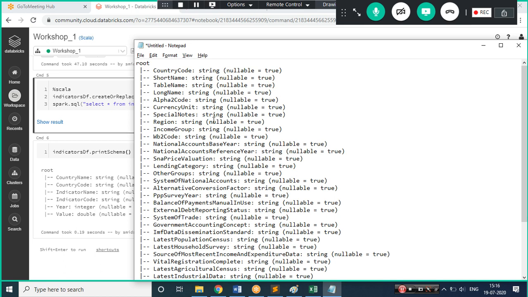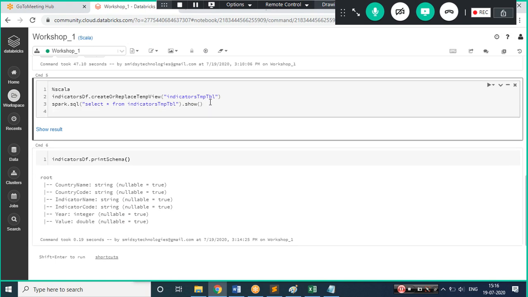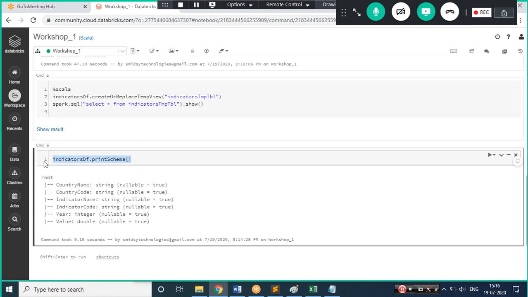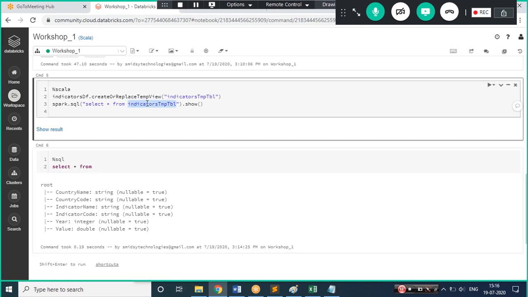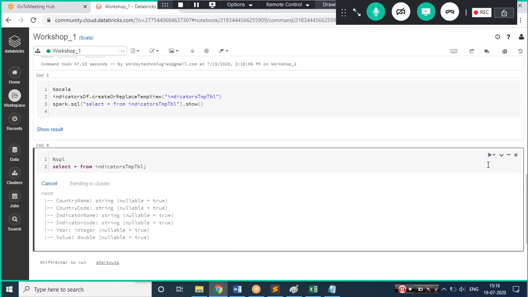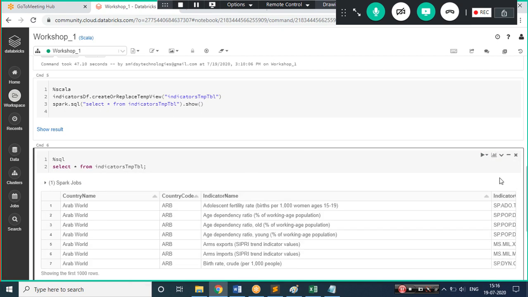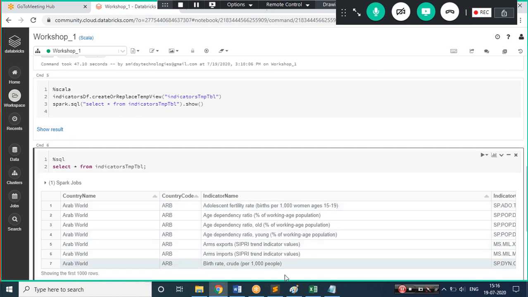In the indicators data frame, if I try to show you the data, let me do a simple select so that I'll be able to show you the data first. Let me write %SQL and select all the records from this, because I need to show you the different codes which are available, since on the basis of that I'll be doing some filtration. If you see this indicator name, do I have indicator code?